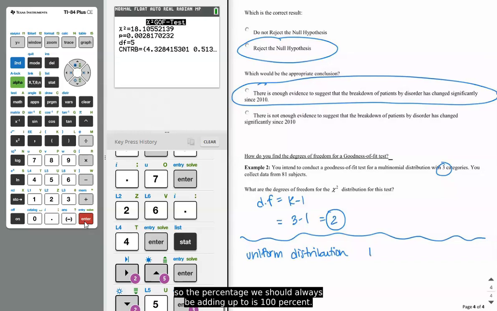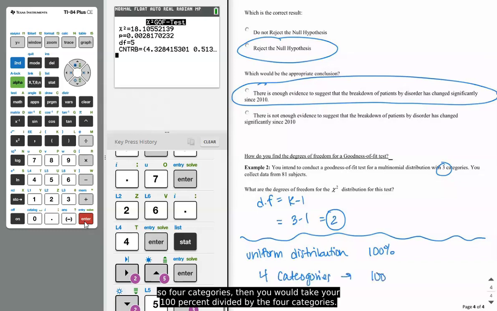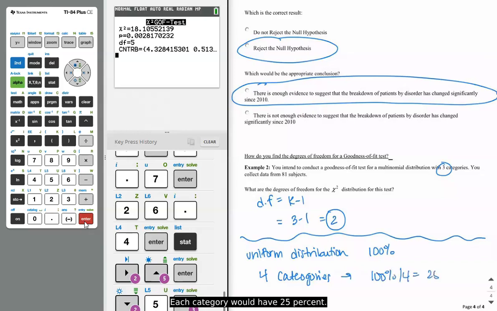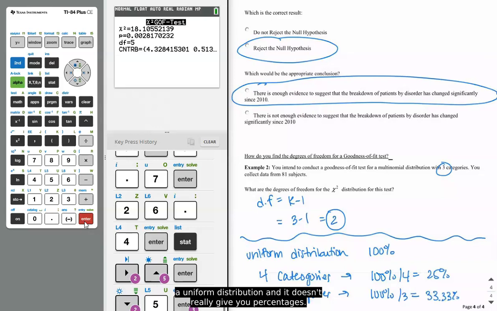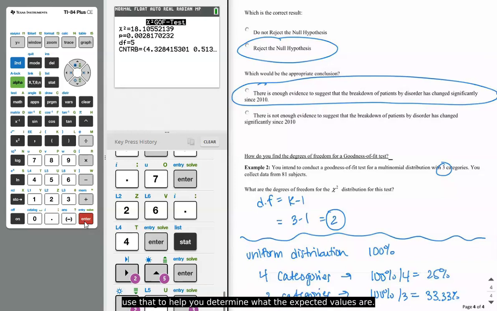So the percentage we should always be adding up to is 100%. If you have 4 categories, then you would take your 100% divided by the 4 categories. And so each category would have 25%. If you had 3 categories, you take the 100% divided by 3, and you get sort of like 33.33%. There's some rounding error there. But if it's talking about a uniform distribution and it doesn't really give you percentages, you take your 100% and divide it by the number of categories, and you use that to help you determine what the expected value